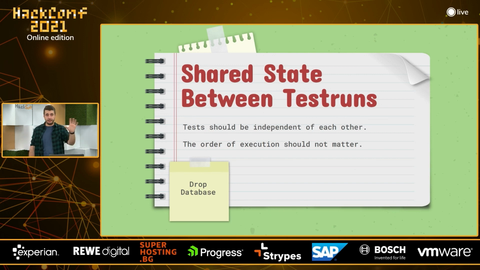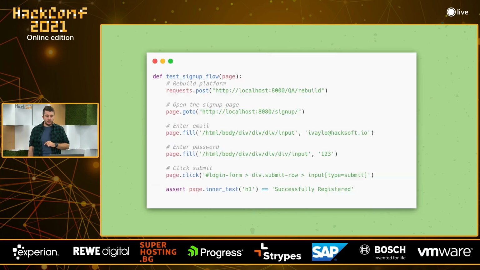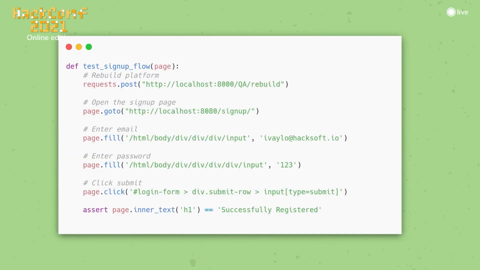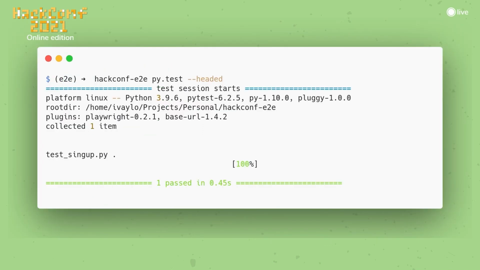Our front end is stateless, our back end is stateless. The only place where we have state is the database. So we just decided to create an API and use it only for QA purposes that is dropping the entire database, just rebuilding everything, leaving only a super user and deleting everything else in the whole database. So before every test execution, we first of all call the backend, call the API that deletes everything, and then do the test again. And it's working. Now this test is working every time when you trigger it. So you can trigger it once, you can trigger it like 10 times, it is working. Great.